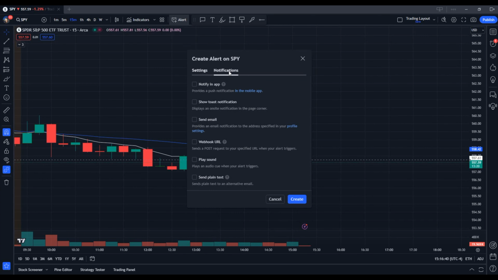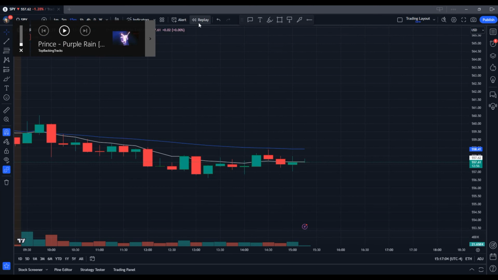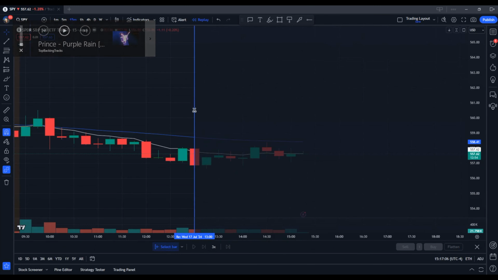In the Notifications tab of the alerts, you can choose whether to notify in the app, show toast notifications, send an email to you personally, send a webhook to a website, play a sound within the platform, or send plain text. You'll also have access to the replay feature, in which case if you want to play the market back